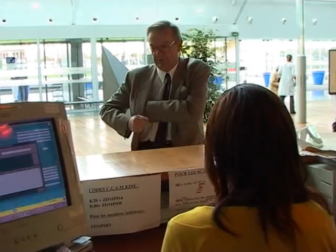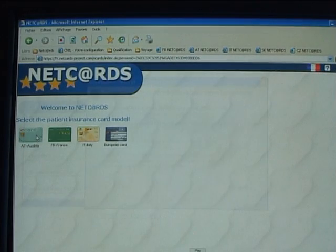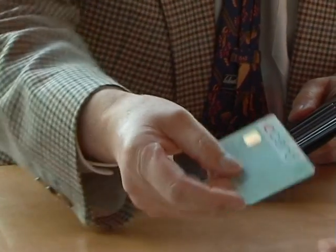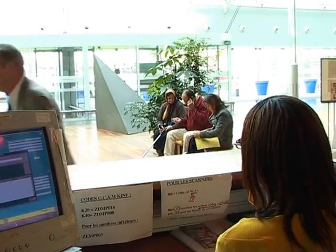payment by insurers if that is the case, speedier processing of patients' health treatment entitlement formalities, and much less risk of error and fraud. At the same time, better tracking of patient flows will give European countries more control over their healthcare budgets. The cards, readers, and communication software will be manufactured according to European standards, enabling different national systems